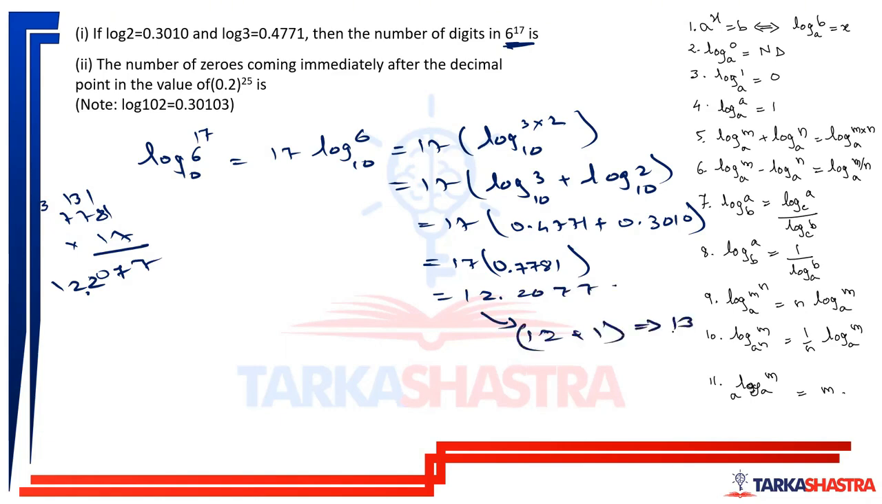From here only we can directly say that number of digits are going to be 13 plus 1. Don't try to get too much into the logic. Just understand that number of digits are going to be 12 plus 1. Now the last question of logarithm,